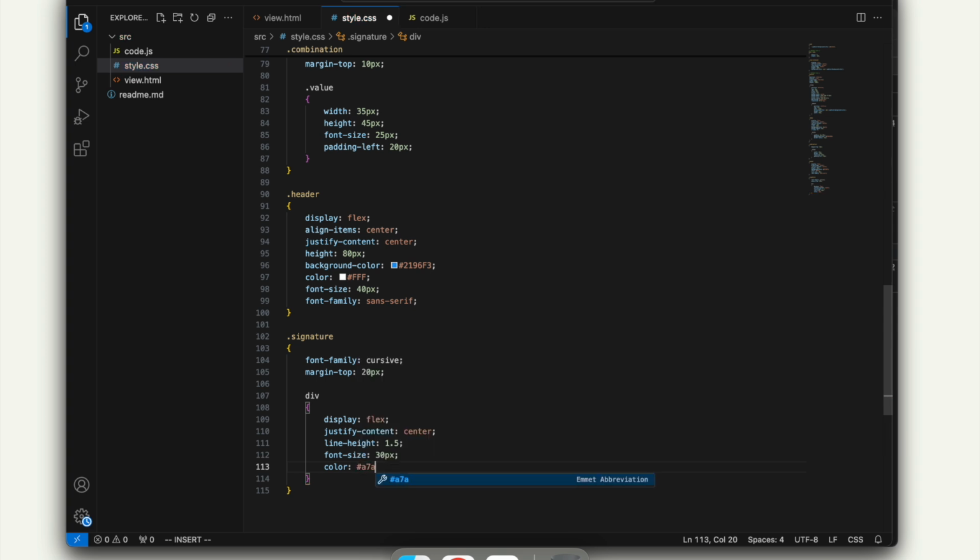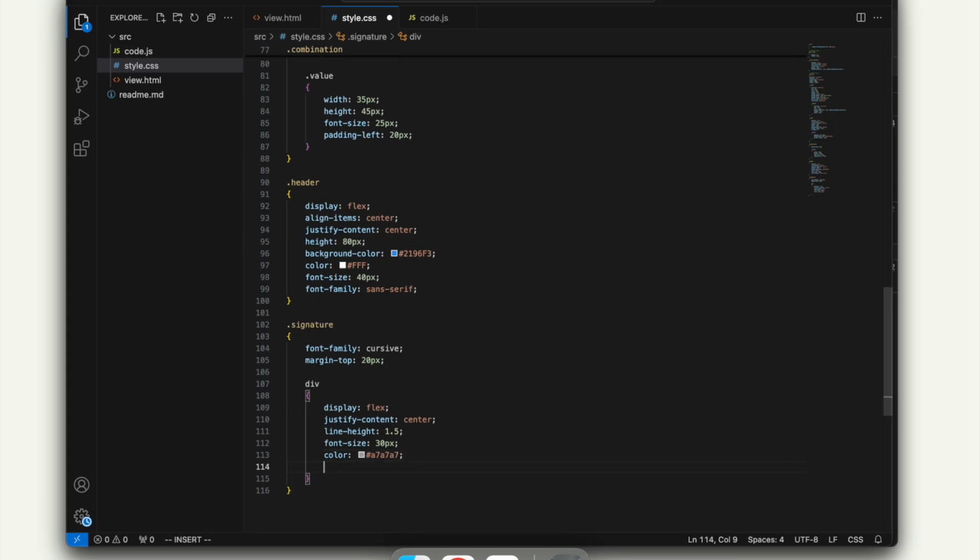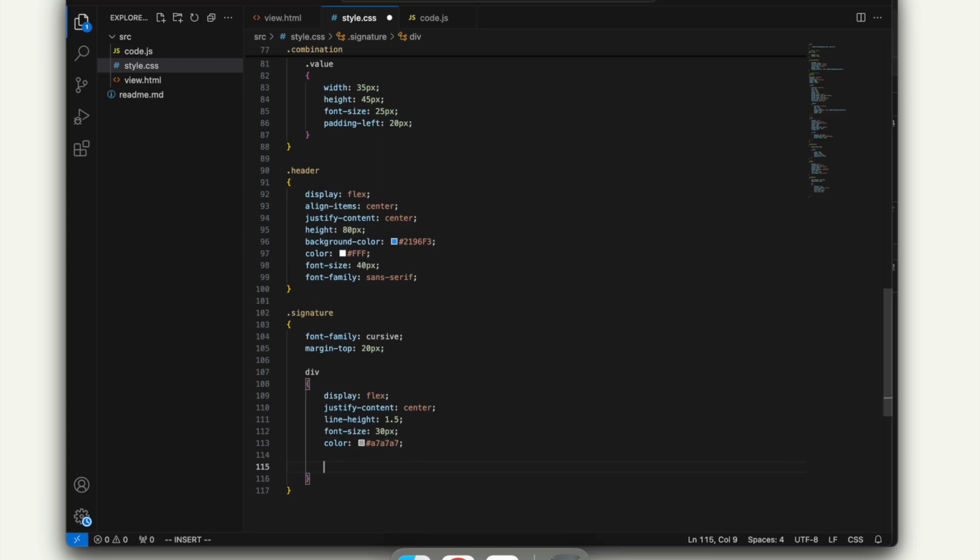is going to be this color here. In this case, you might need to change this later on to match whatever background you picked. There should be some contrast between the two. Now we're going to do one more crazy little thing here that we really haven't done before, and that's we're going to have some special conditions which CSS allows. And to do those conditions, we're going to say we're talking about the div because we're still nested in the div, and we're going to say and, or the ampersand sign, and then we're going to give a colon,